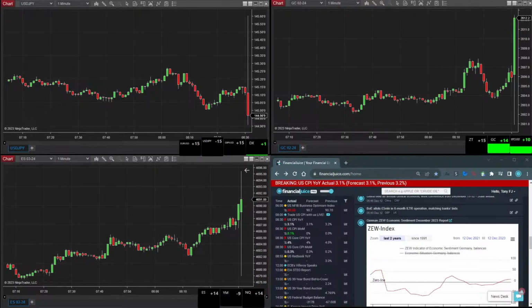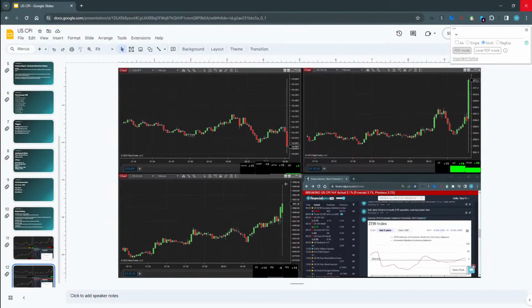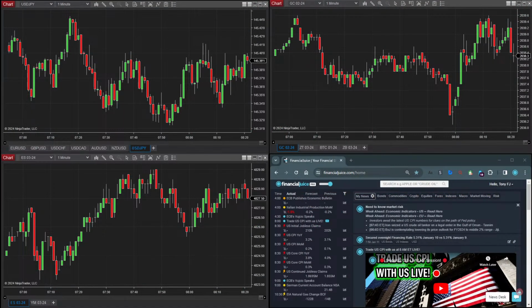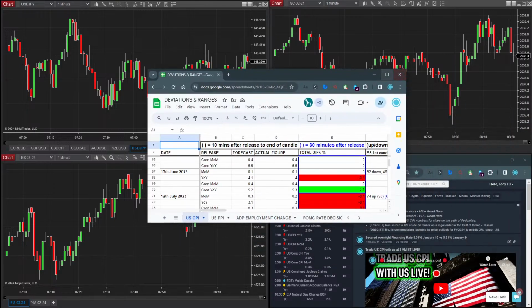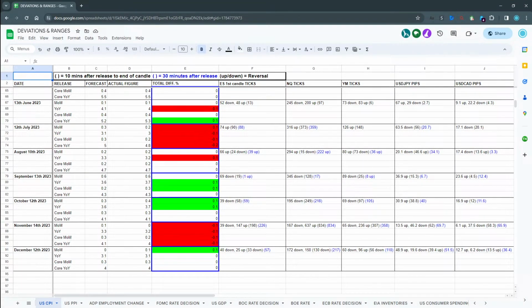So ideally, if we're looking at the ranges and deviations, you'd want a clean slate with the direction that the data goes in. I mean either it's much hotter than expected or much cooler than expected across the board to see enough of a strong reaction. We have seen in the past where two bits of data would have seen a reaction that sustains itself over the first initial reaction.